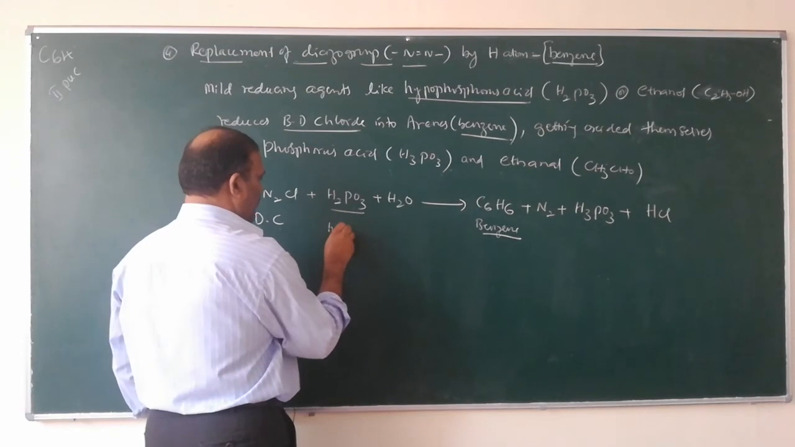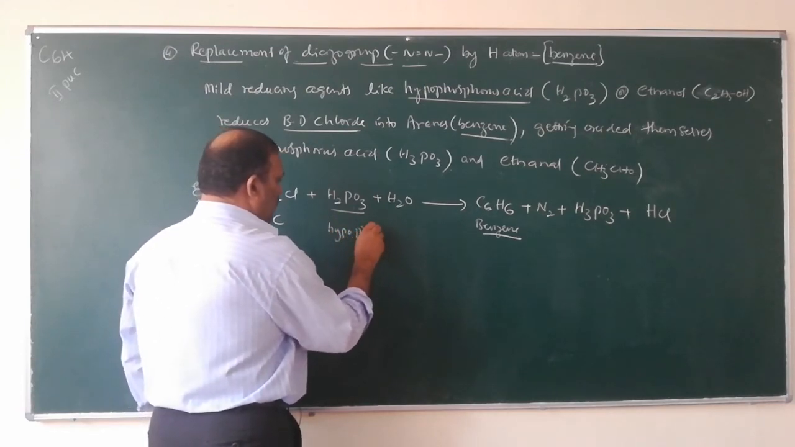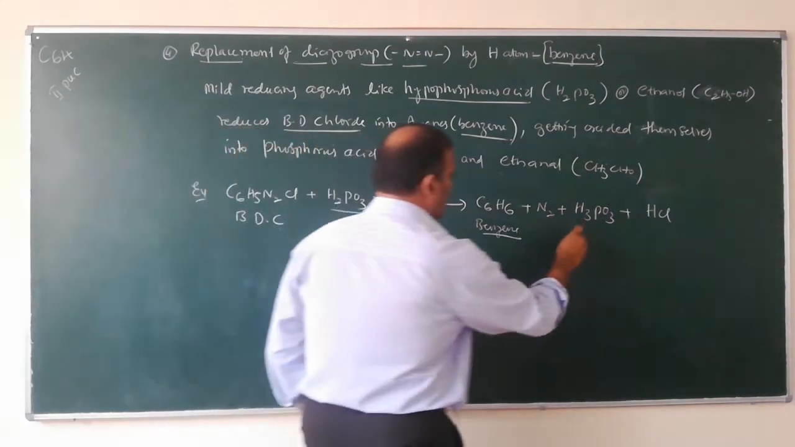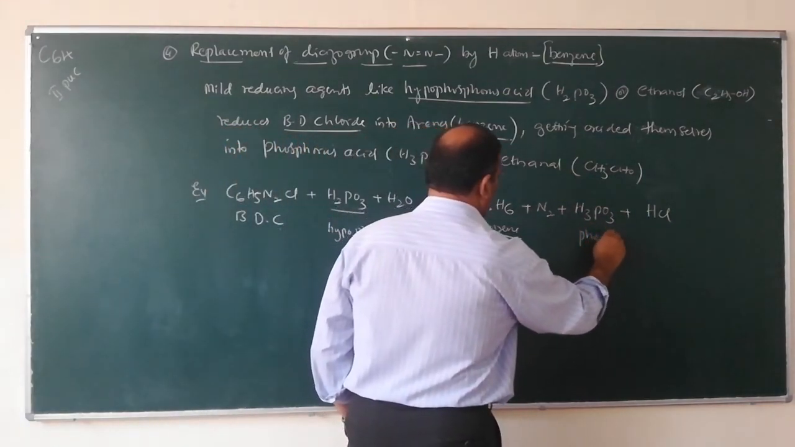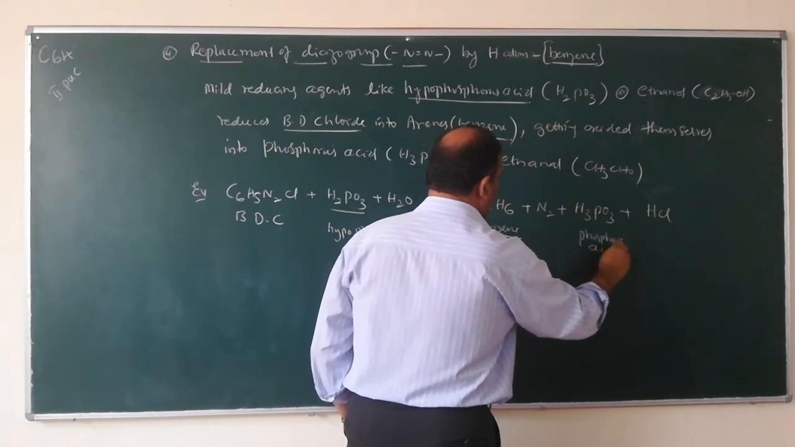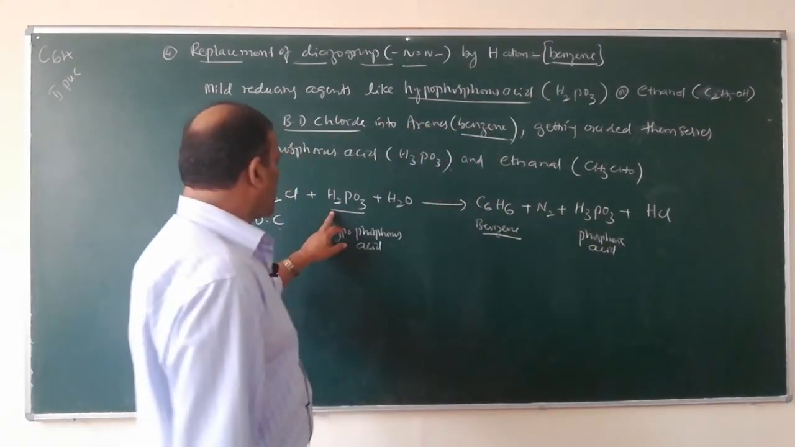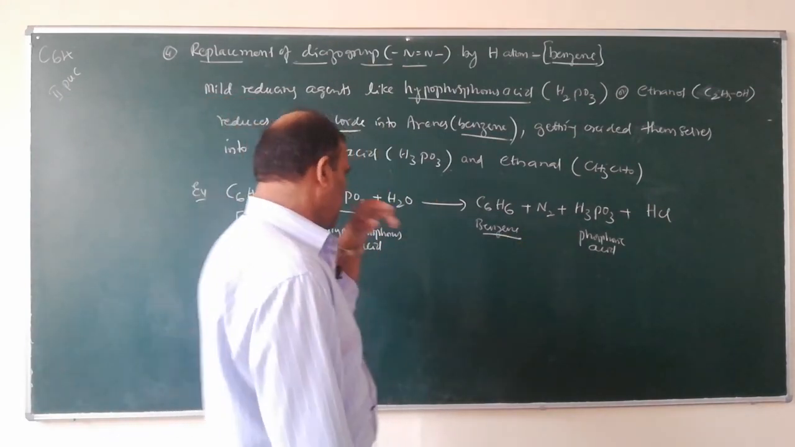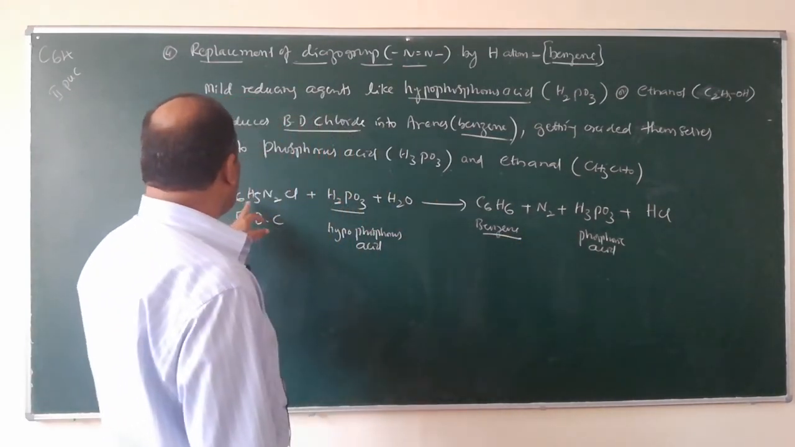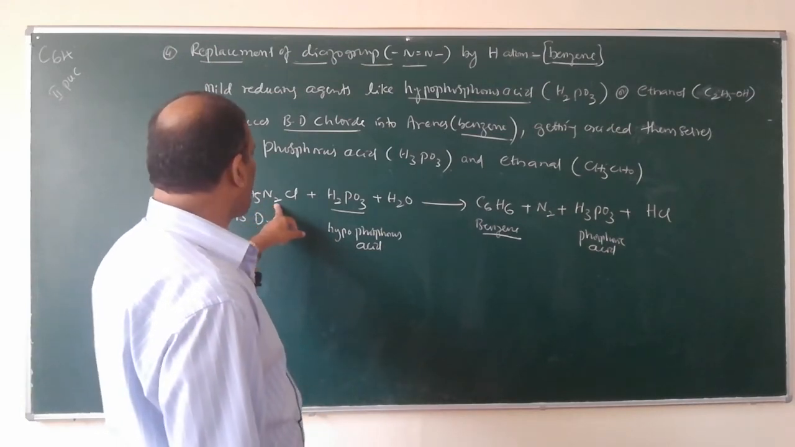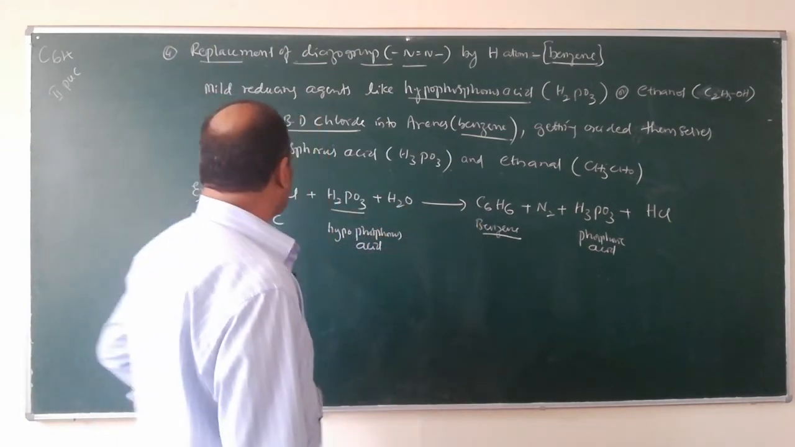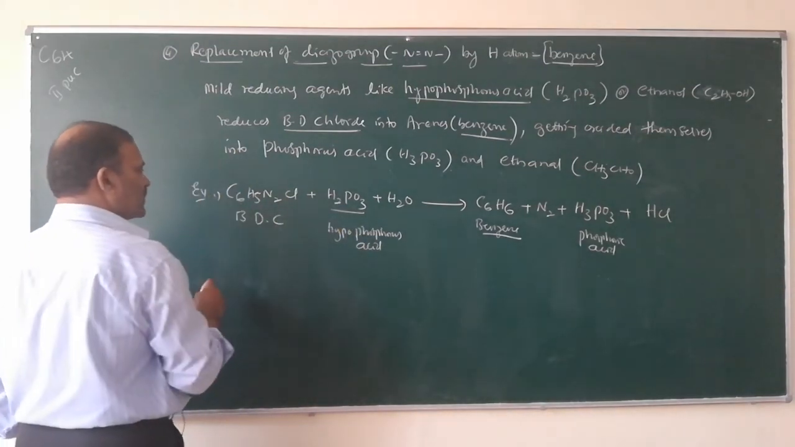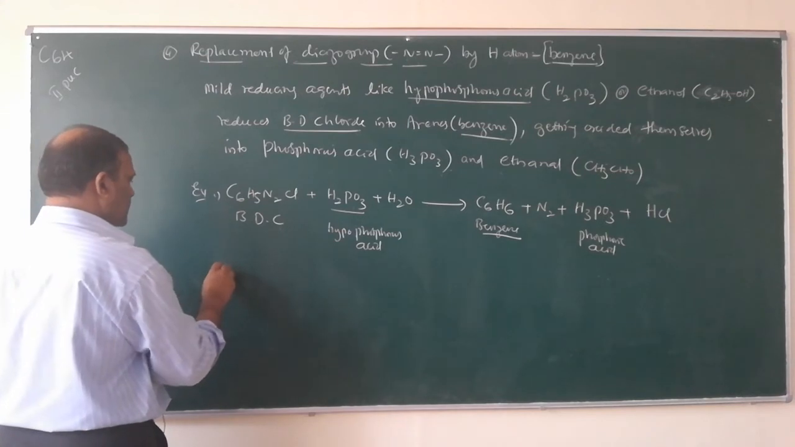So here this is hypophosphorus acid. Hypophosphorus acid is converted into phosphorus acid. Hypophosphorus acid is oxidized, and benzene diazonium chloride has been reduced to benzene. So this is the action of hypophosphorus acid. Similarly,